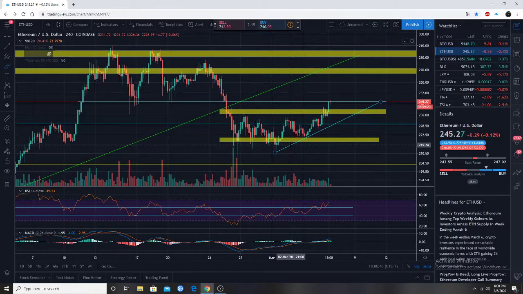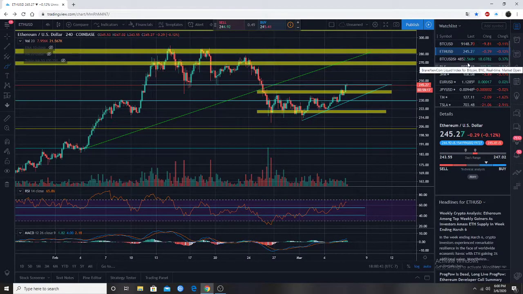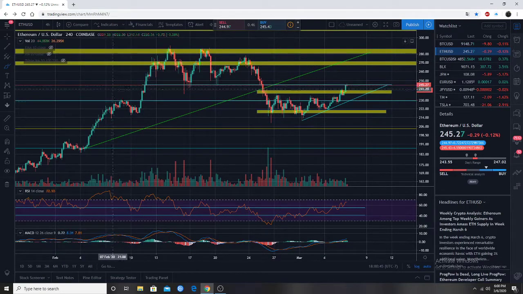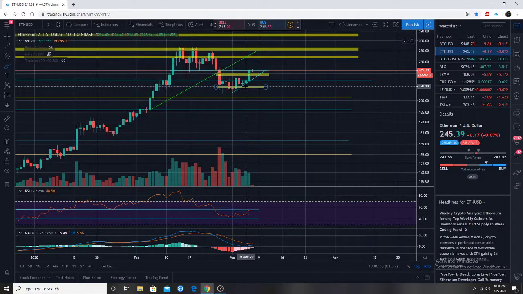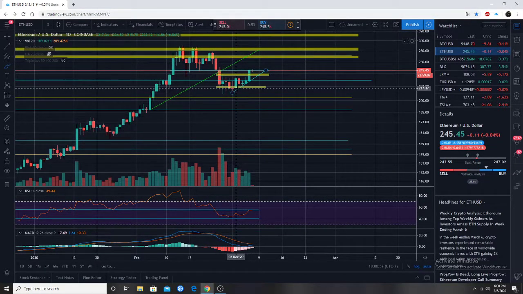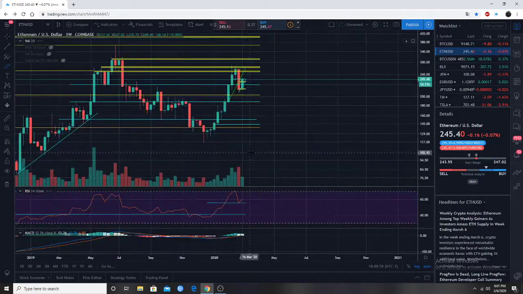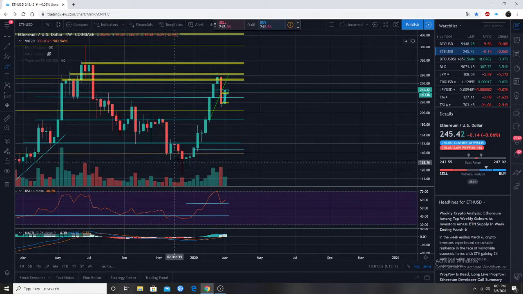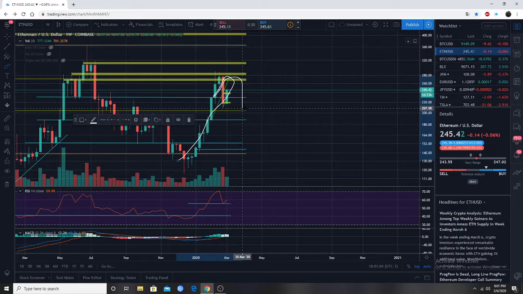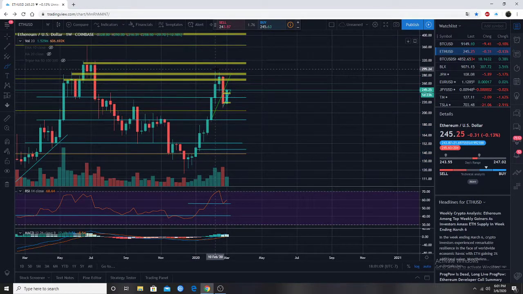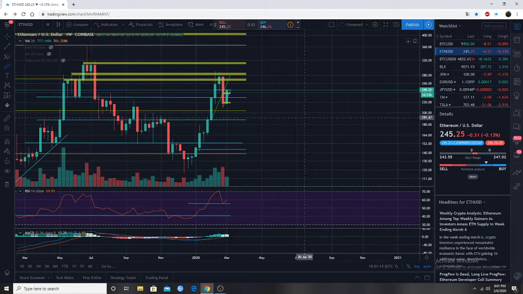I've already been inside. So what I decided to do to make a little bit more money, on Ethereum, we gotta go back. I went in around 180. Yeah, so I got in pretty low on this run up. So let's zoom out. I caught most of this right here. Okay, this whole movement here I caught, and then when we were around here, I kind of pulled out, and then I went into Litecoin because